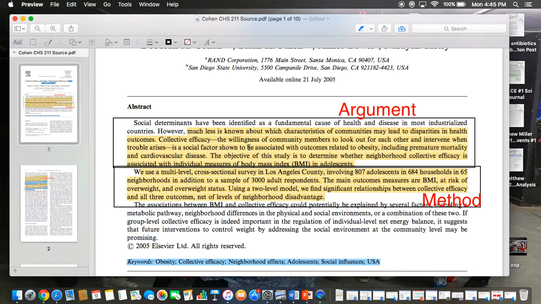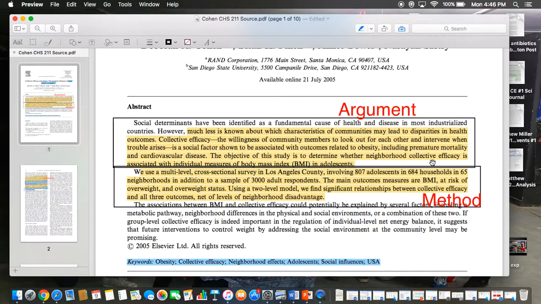Collective efficacy, the willingness of community members to look out for each other and intervene when trouble arises, is a social factor shown to be associated with outcomes related to obesity, including premature mortality and cardiovascular disease. The objective of this study is to determine whether neighborhood collective efficacy is associated with individual measures of BMI